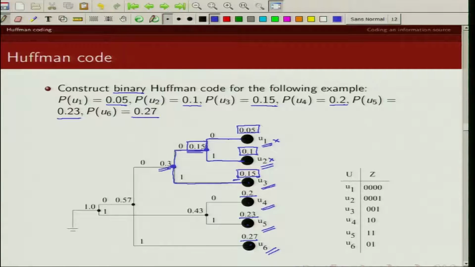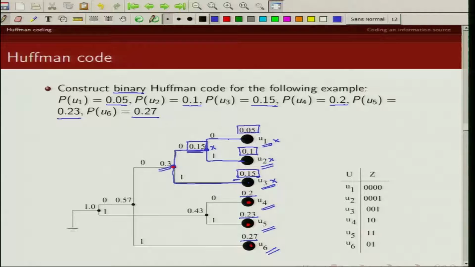Now we deactivate these nodes. So now our active nodes are this one, this one, this one, and this one. Okay. Now among these 4 active nodes, which 2 have the least probability?